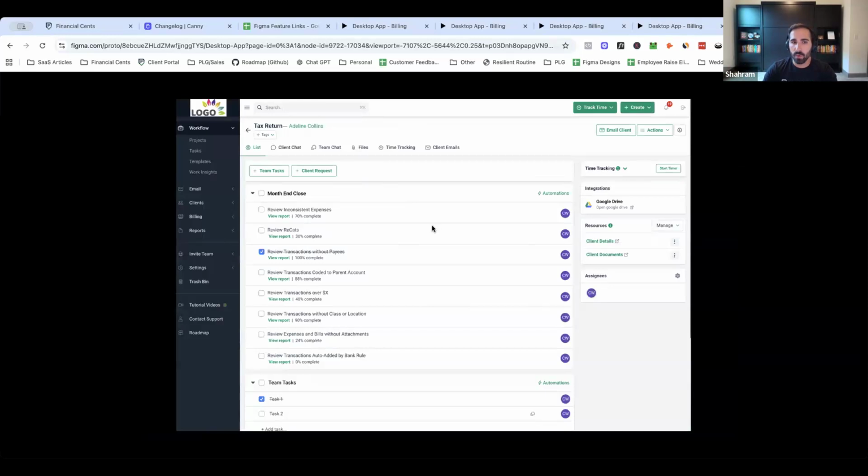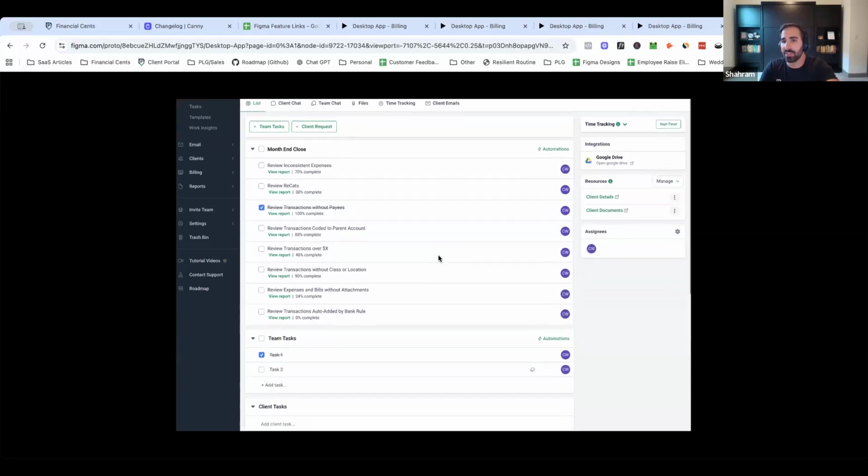And you can have reports for inconsistent expenses, uncategorized transactions, transactions without payees, transactions coded to parent accounts over certain dollar amounts, class, location, and you'll be able to edit all of these transactions and all these items inside of Financial Sense. And you can even create custom reports. You don't have to leave this checklist. The work can actually be done